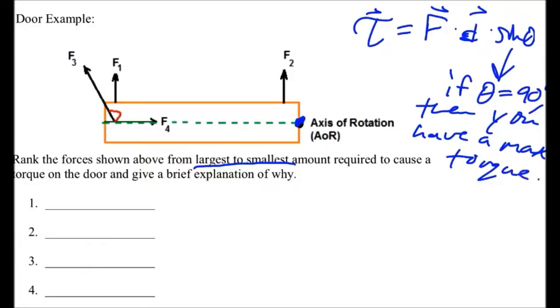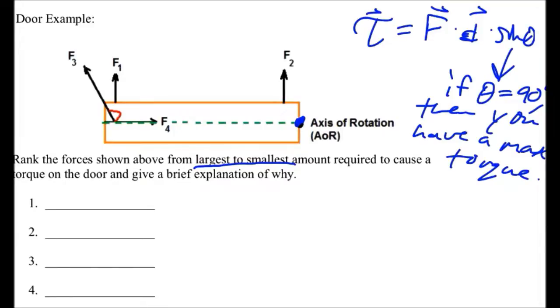Okay? If theta, like I said, is anything less than or more than 90 degrees, then you will not have a maximum torque value. Your torque value is not as large as it could be